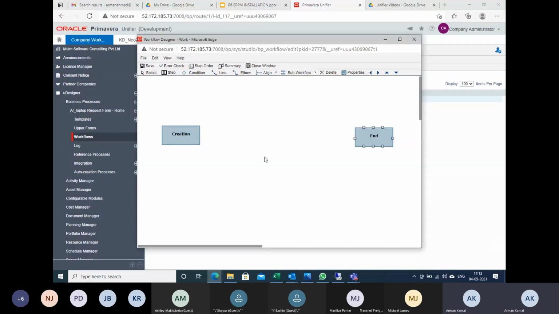How to add a step? There is a tab called step. The beauty of this functionality is that the moment you activate it, you can add multiple steps, but I need to add only one. So single click on the step and put the mouse anywhere. I will put the mouse here and single click. Now you can see the second step has been created. Now you have to disable this button, otherwise it will create multiple steps. Let me create and rearrange something like this.